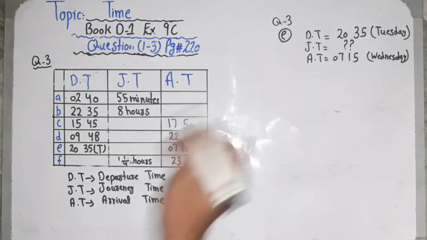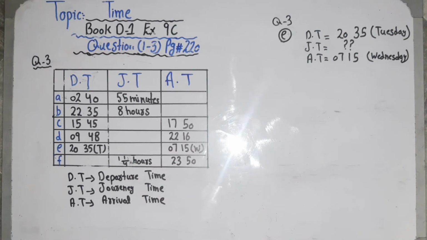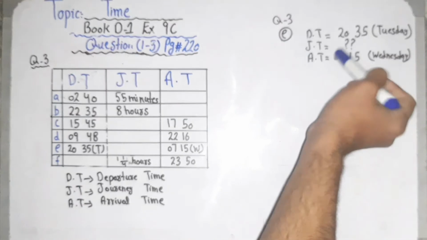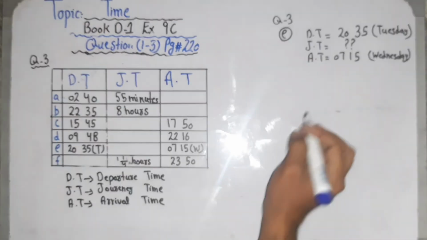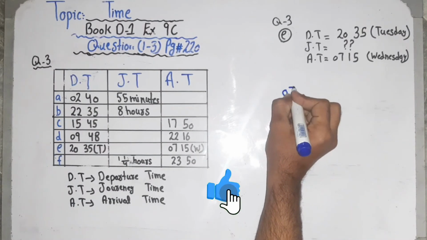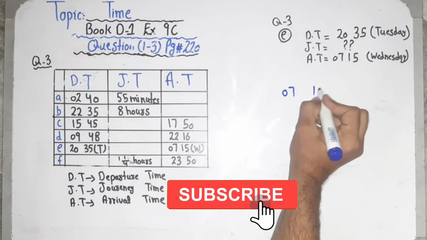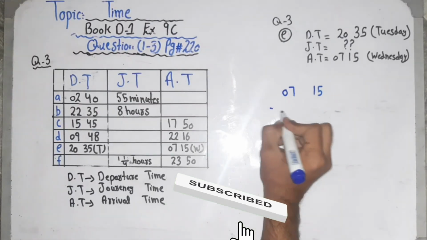Okay, so now here students make a very big mistake: that is, arrival time is smaller, so they subtract it from 20:35 and the whole question goes wrong. Remember, whenever you have to find journey time, you have to subtract departure time from arrival time. So here is the problem: first of all we write arrival time 07:15, then minus